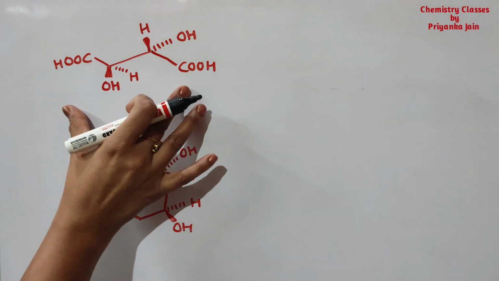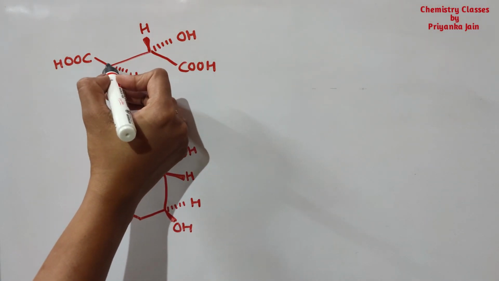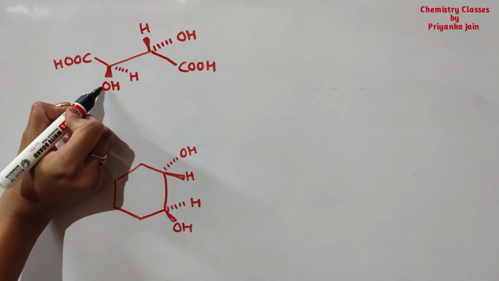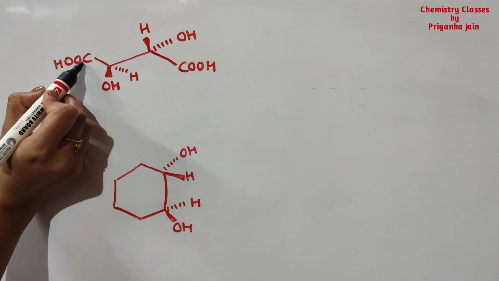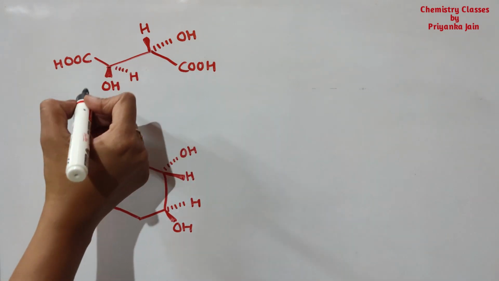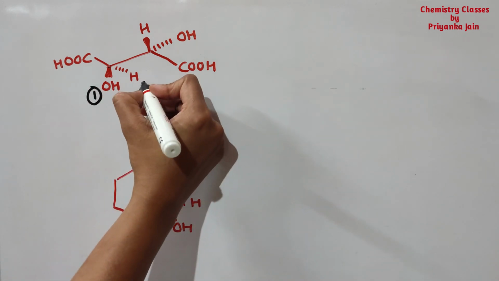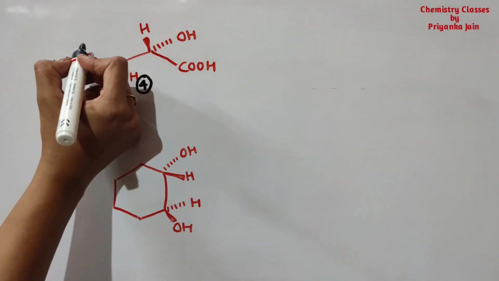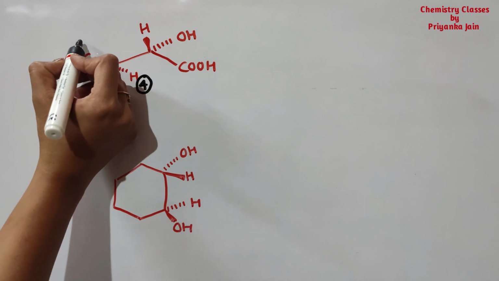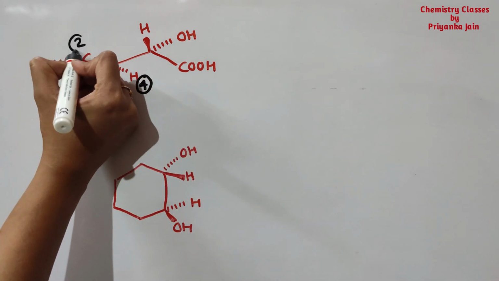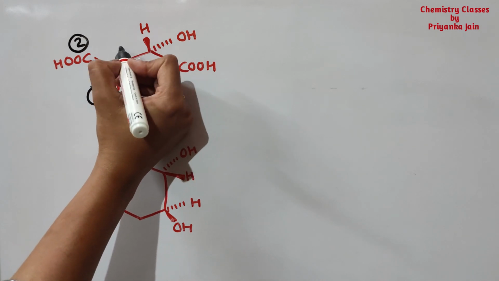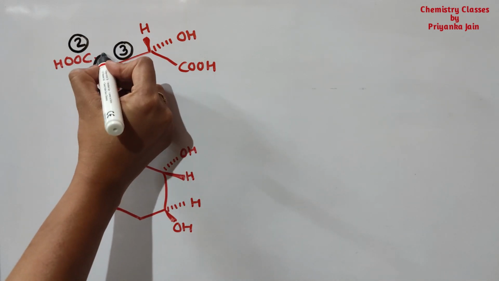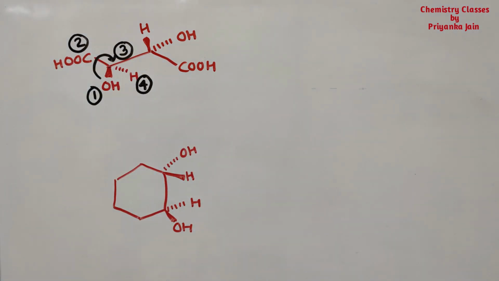See here, in this molecule there are two chiral centers, one is this, another one is this, right? Firstly, at this carbon atom, one group is the OH group, another is hydrogen, the third group is the COOH group, and the fourth group is this one. The first priority is given to the OH, and the fourth to hydrogen. To this carbon, 2 oxygens and 1 hydrogen are attached, so we give this the second priority, and the third priority will be given to the fourth group. So now 1, 2, 3 is going in this manner. It means this is R configuration.